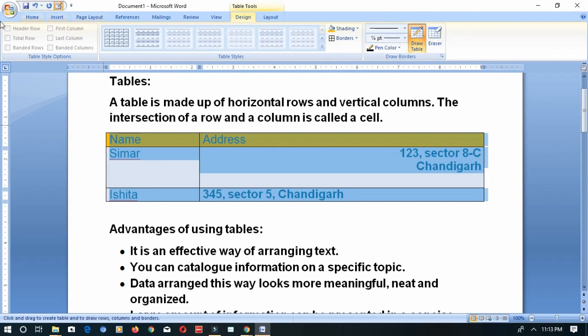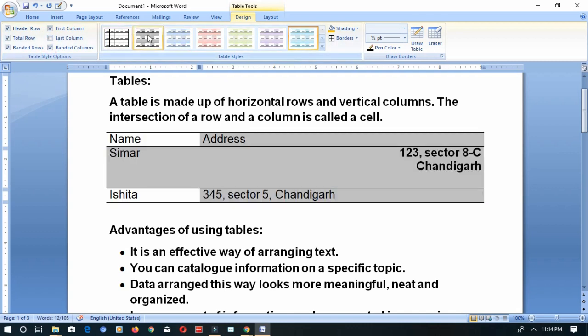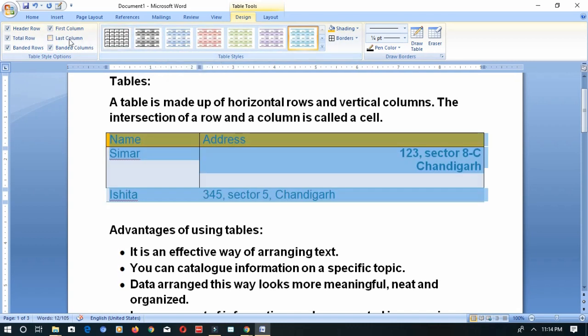Next, after this, listen, this is changing the table style. So how do you want to change it? You want a total row, or you want only the last column to be updated, or banded columns. Anyway, these layouts will change according to the way you select your table style options over here.